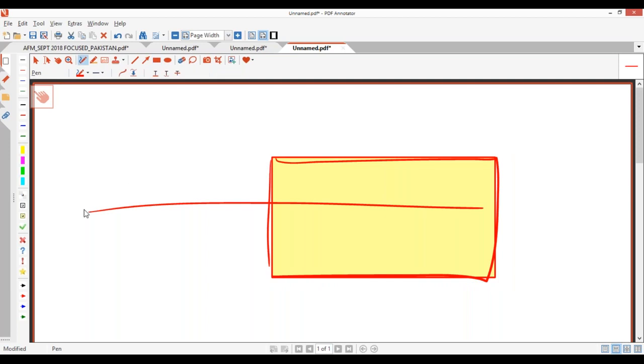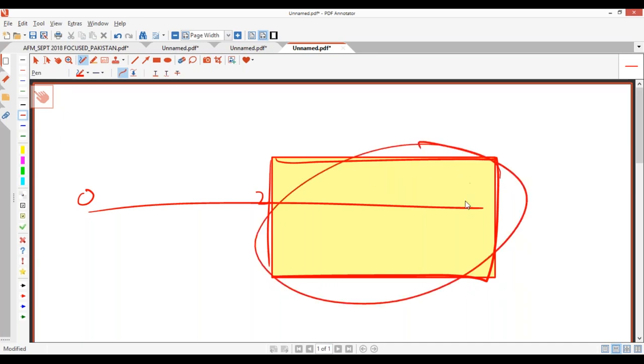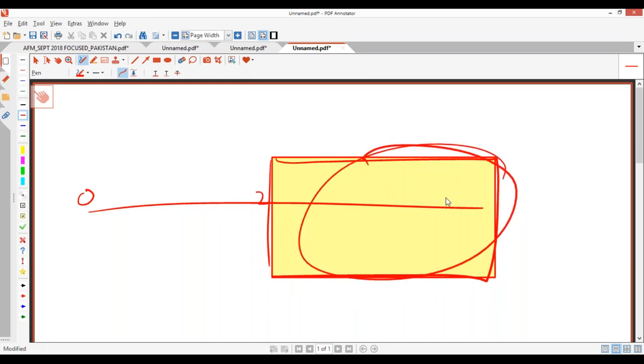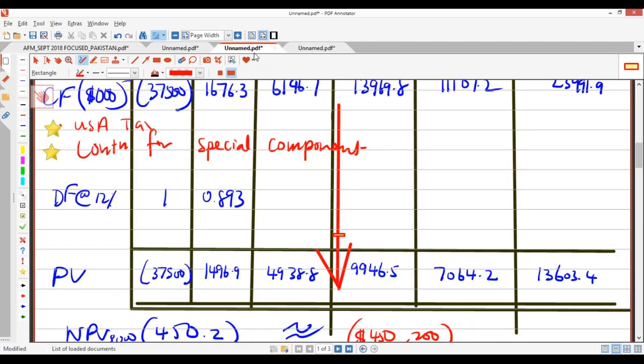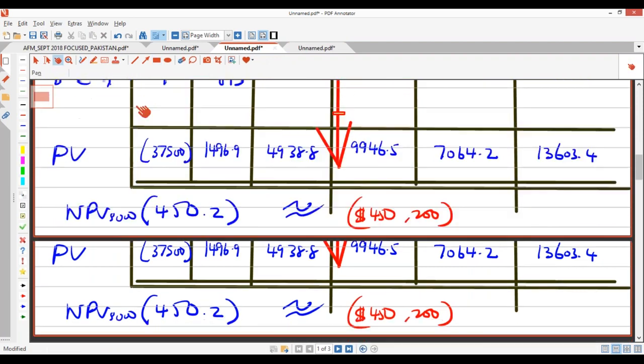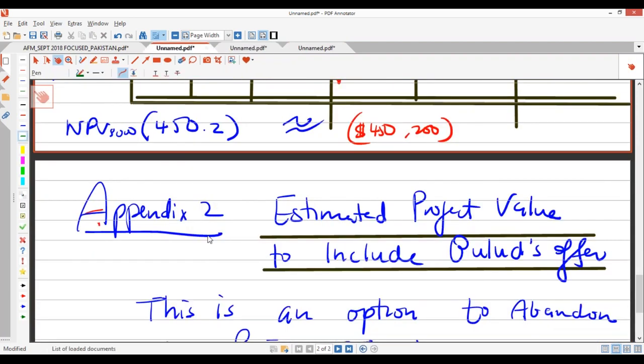Okay, this is year 0. This is year 2, whatever. PA will be the ice cream part. This is the best part. After you exercise, discounted. That's the PA for a real option in any question. Students always make mistakes. Out of 100 students, maybe 30 or 40 students don't get the PA correct in exams. Don't know for what reason. You can't be one of them.